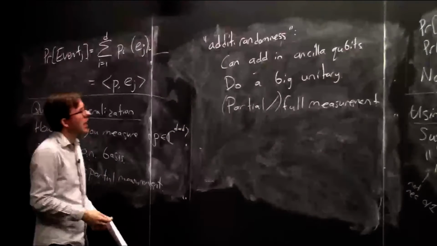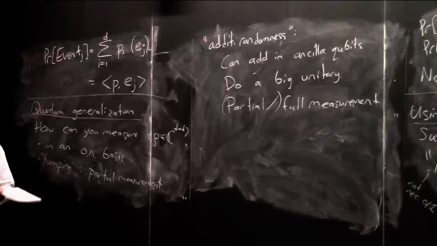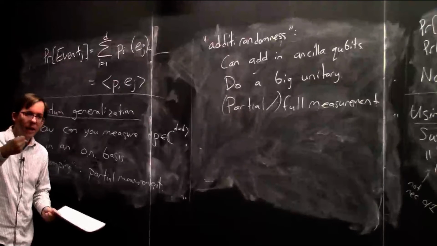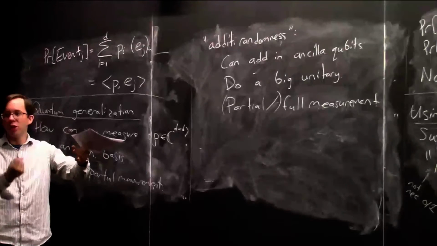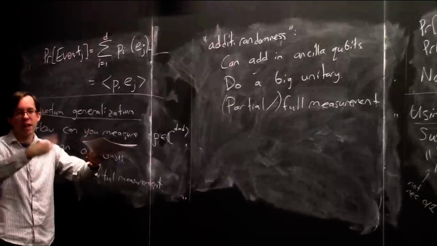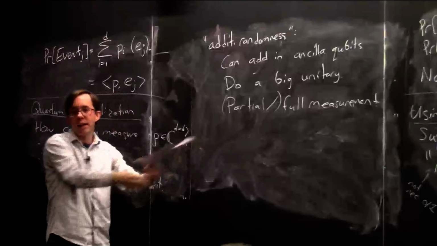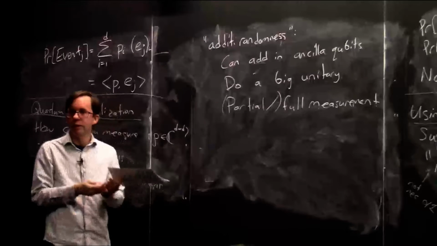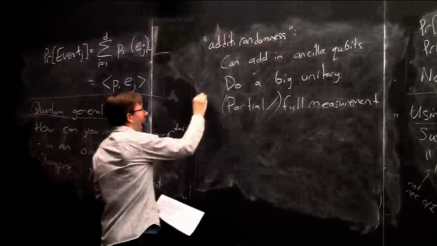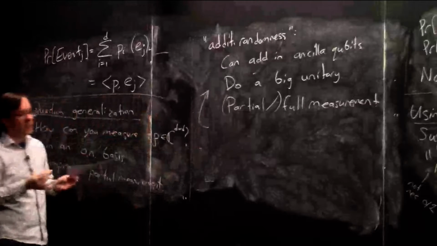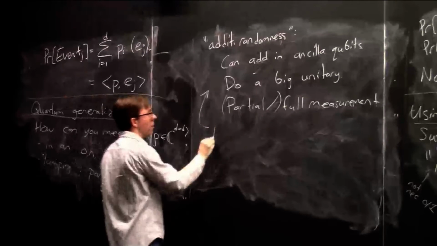You can even think of this as a physical measuring device. You take a particle in state rho in, and this big old device injects some additional qubits in state 0, does some quantum gates on them, and has a big old physical measuring device at the end, and it spits out even more than d possible classical readouts. Okay, that's something you could do. And now we're actually getting a little bit into the axioms of quantum mechanics. This is actually the most general thing that you can do. This is sort of the most general way